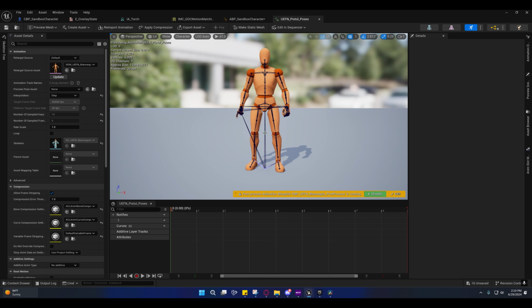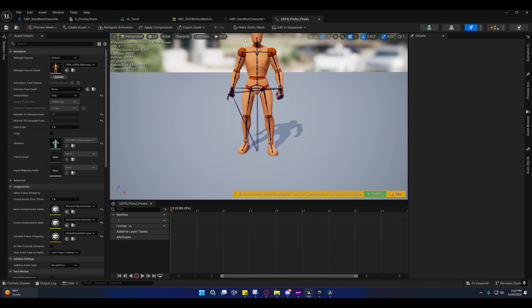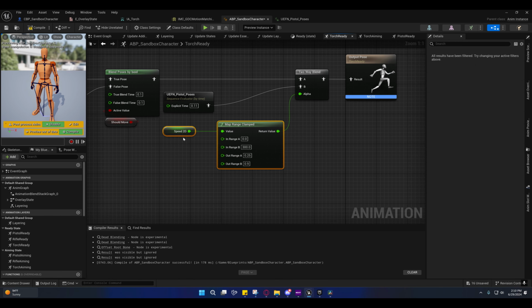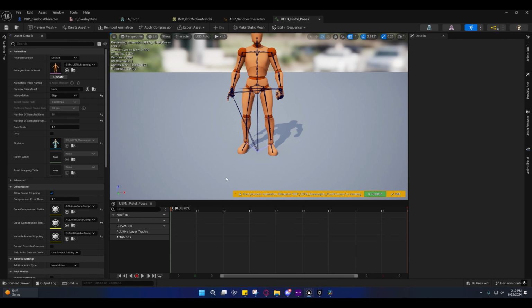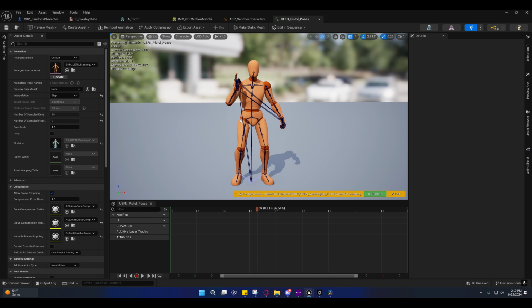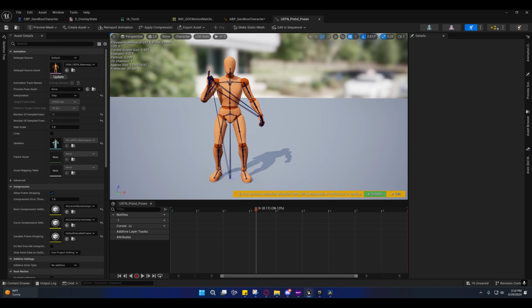But for now, just trust me, it will cause problems. So this right here, point 11, it has his pistol aiming up like that, and I just thought that looked more